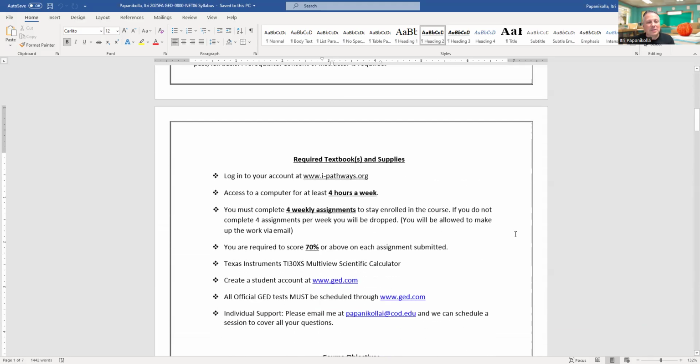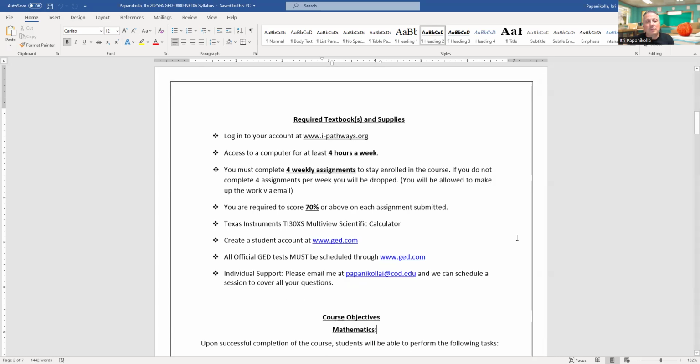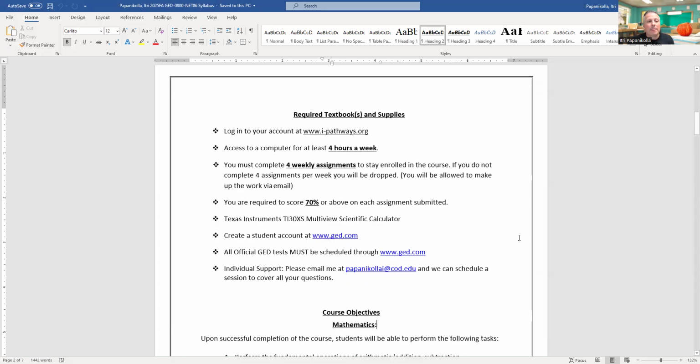So some of the components here that are very important, we have our iPathways website. Everyone will be logged in there for the duration of our time. We have to have access for about 4 hours a week here and more if possible. Minimum is 4 to be able to keep up with the material.